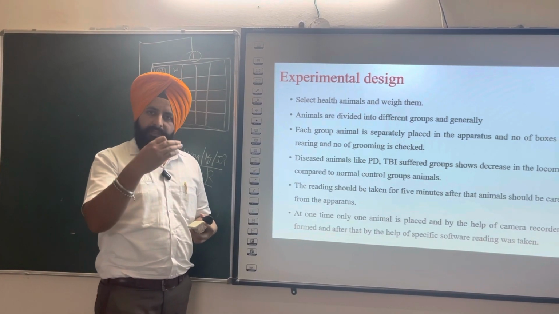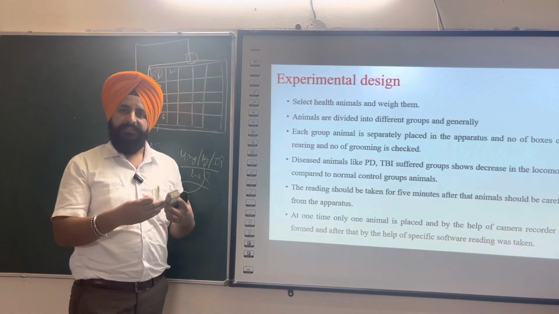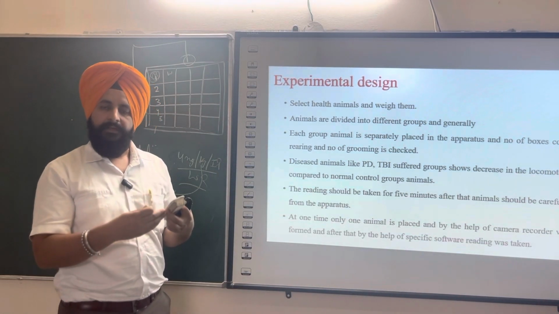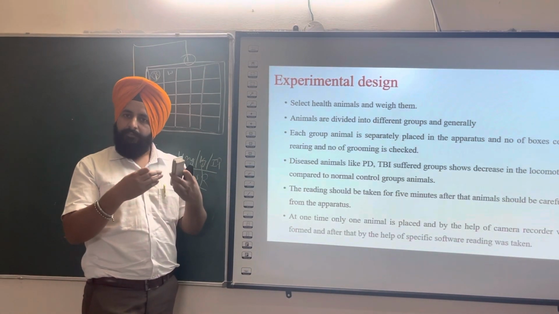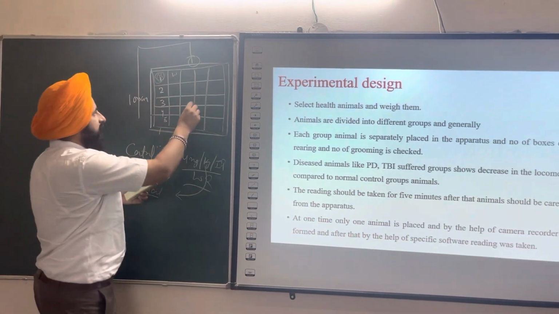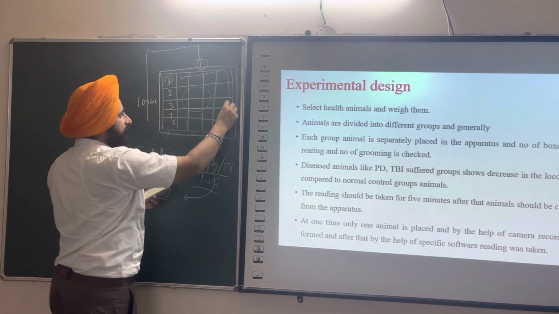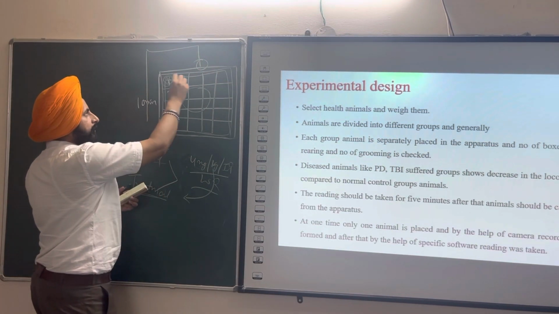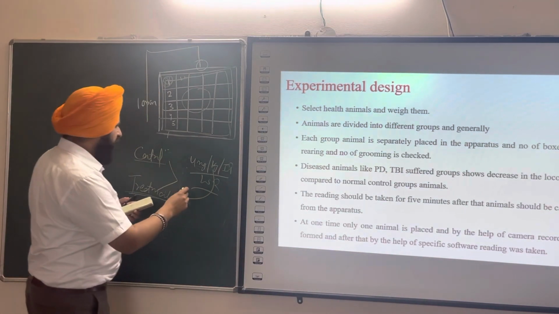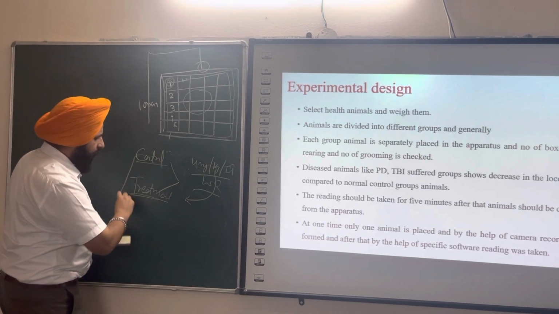And on the other side, if you will do any kind of disease induction, like if you are inducing anxiety-like behavior in the animal, or you are using a specific model where the activity of the animal will be less in the central arena, and the animal will walk in the peripheral area of the open field apparatus. So in case of B form, what you can do, suppose this is a normal animal,